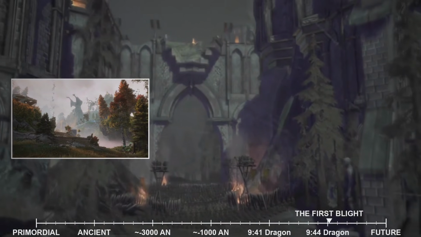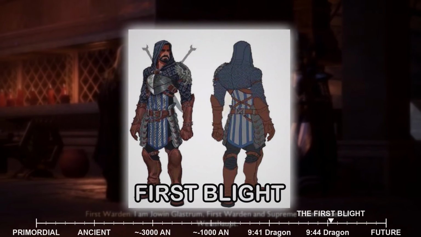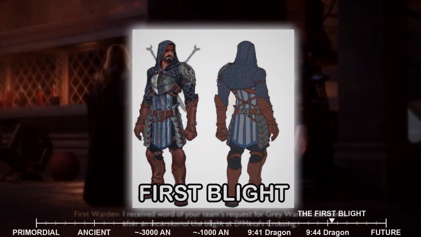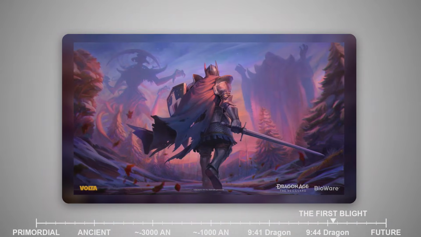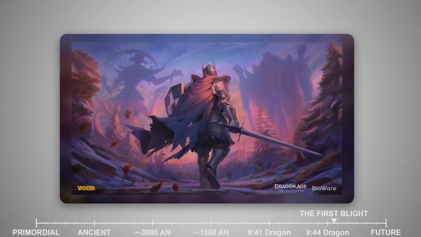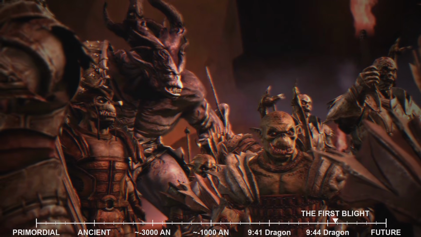As the First Blight raged across Thedas, threatening to consume all life, the Grey Wardens, a newly formed order dedicated to fighting the Darkspawn, rose to meet the unprecedented challenge. Their initial efforts were focused on understanding the enemy. They meticulously studied Darkspawn behaviors, their terrifyingly effective siege tactics, and the insidious nature of the Blight itself.